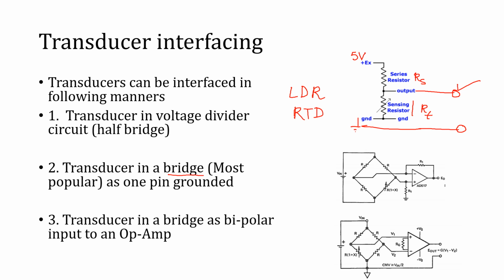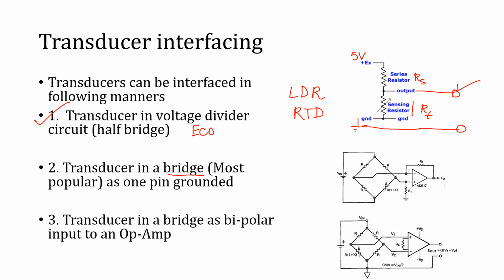But the first one, the half bridge configuration, is economical, because we have to use only one resistance in addition to the sensor. The second one is most popular because in the Wheatstone bridge we have many other advantages,